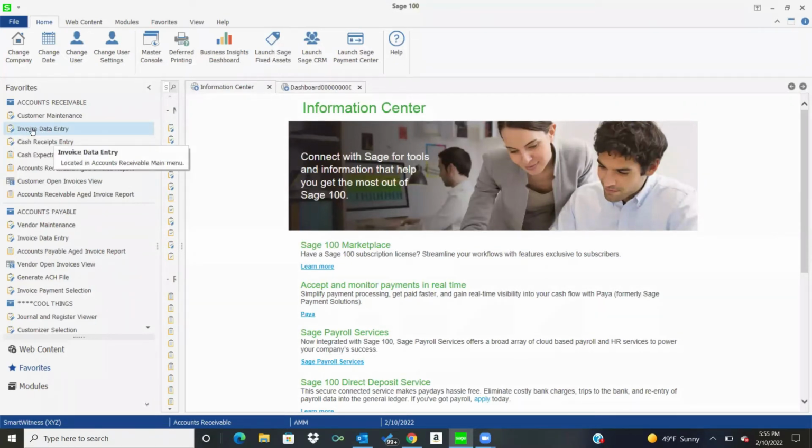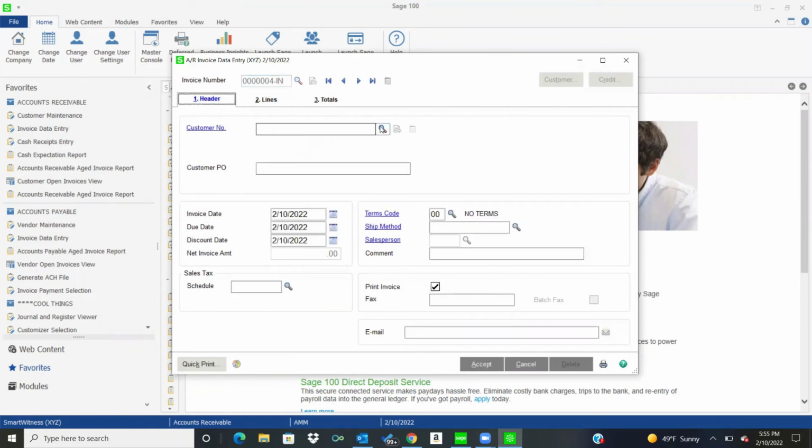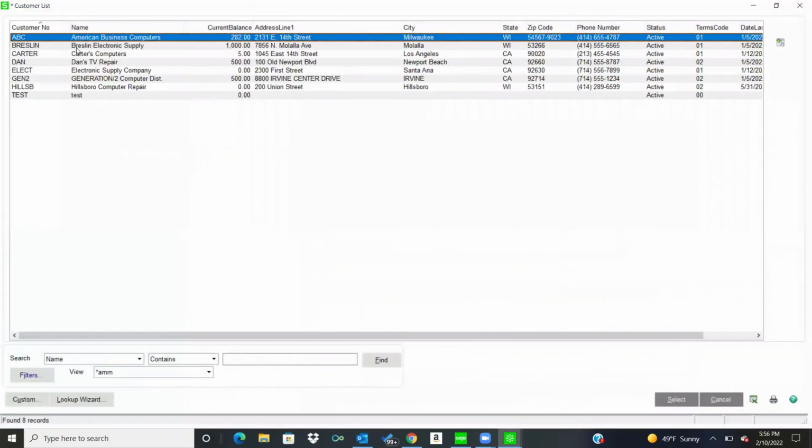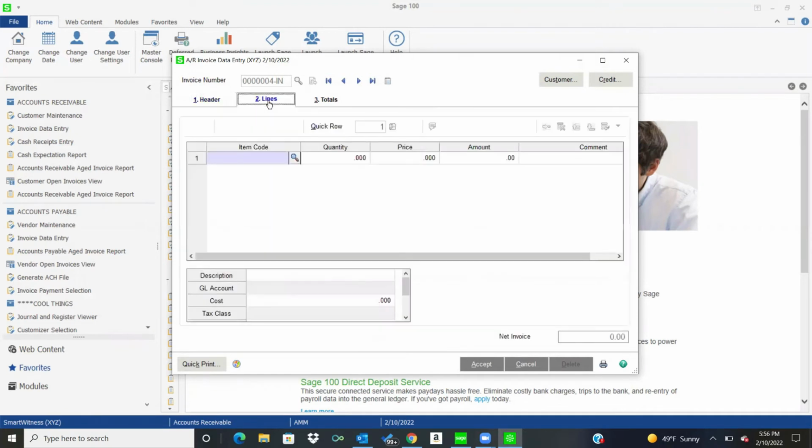So I'm going to pop down to Invoice Data Entry. So this is used if you are not using inventory. So if you're a service company and you're doing invoicing, this is where the invoices can be put in. There's also repetitive invoices. So let's say if you're billing for the same thing every month, then you could do repetitive invoicing as well. So I have my customer number, my invoice date, all the basic information. And if I go to the lines,